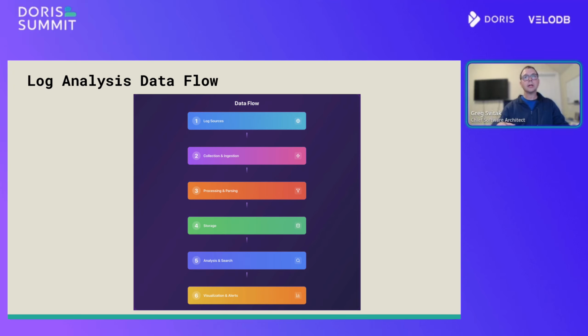You need to collect and ingest them, probably in near real time, so that you can get the observability, and you can actually do alerting. You need to process and parse it. Using the example I showed before with the text file, each one of those lines is critical data. You need to take each line, parse it out, almost do regex expressions to find what each part of that line means, so that you can then use the timestamps to stitch everything together,